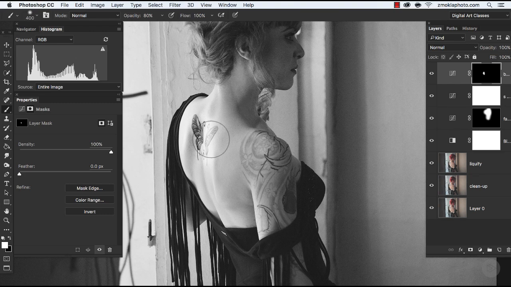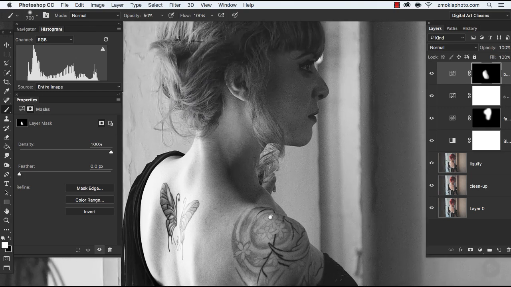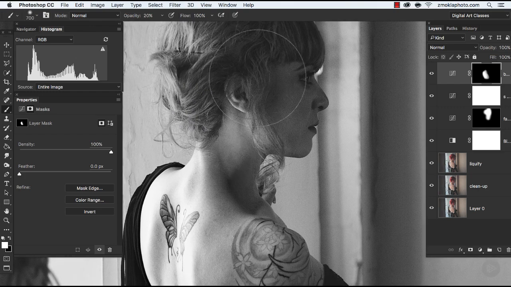I'm going to decrease opacity, so I'm hitting 5 on the keyboard, so that way I went down to 50, and I just want to cover the back area and a bit of the arm. Let's zoom in. Let's go down with the opacity to 20. I just hit 2 on my keyboard, and let's make this transition smoother. So I want to cover the face